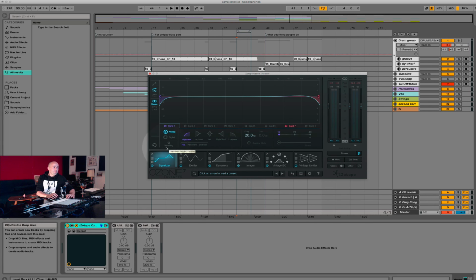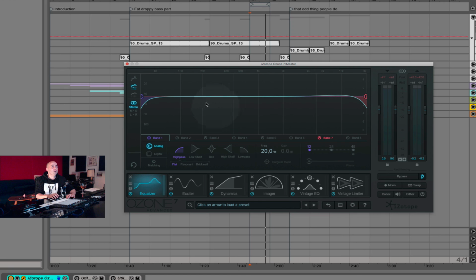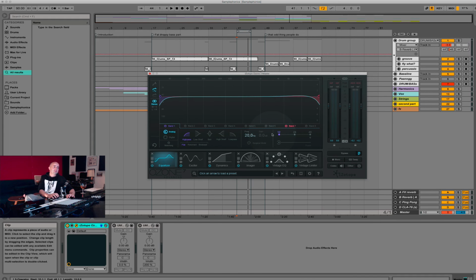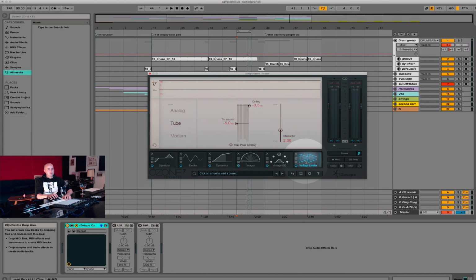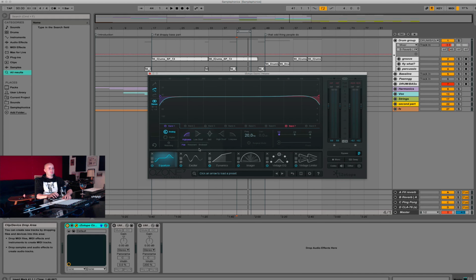I like using Ozone 7. I also like using Waves. UAD is also very nice, but for simplicity's sake, I absolutely love Ozone 7. I think it's magnificent for a couple of different reasons, but let's first start with this. Let's just work backwards for a second so you understand why there's a cut on the low and a cut on the high. The reason why I made the cut on the low, let's focus on that first,